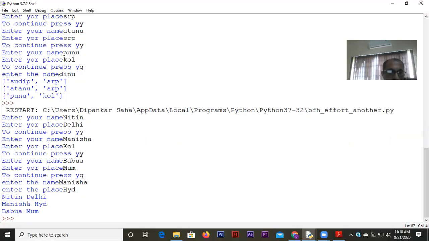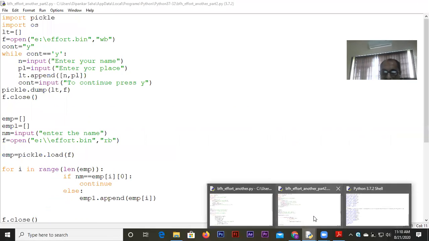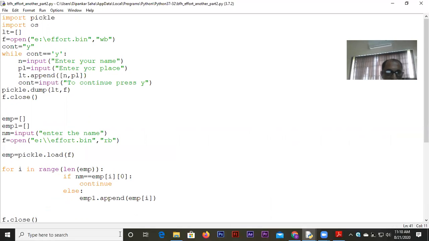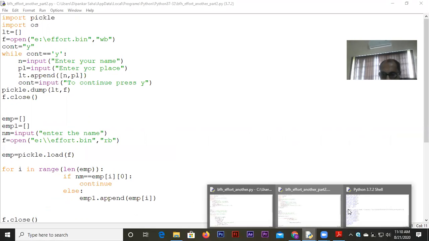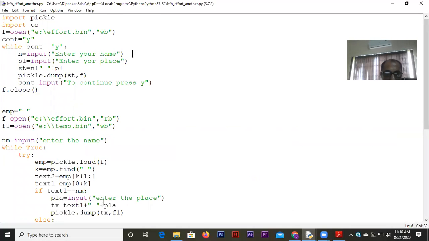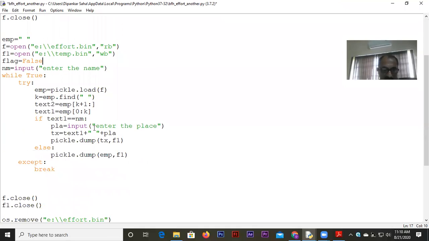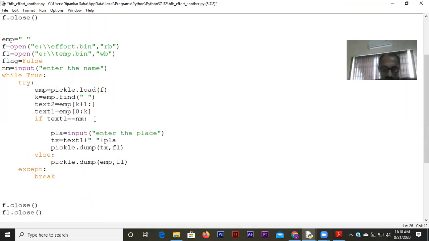Now here I did not do any option for if the name is not found, what will happen? You can add that part also. You can use a flag variable, which is not so difficult. What you can do is take a flag variable, equal to, say, false at the very beginning, and if the condition matches, you write that flag will be equal to true.